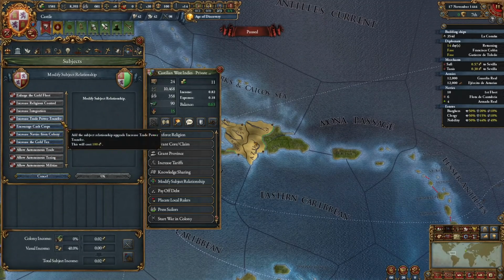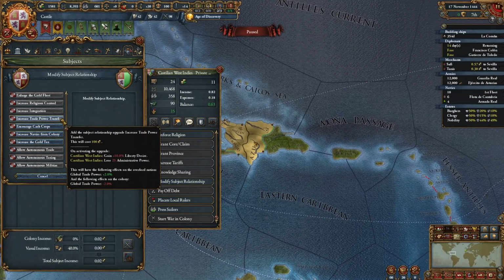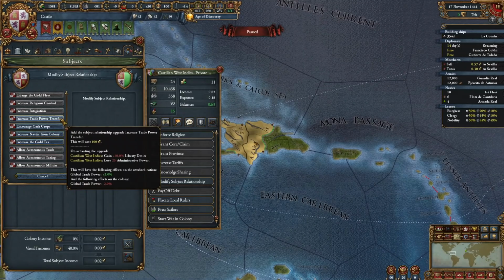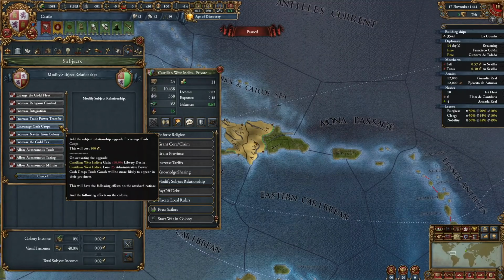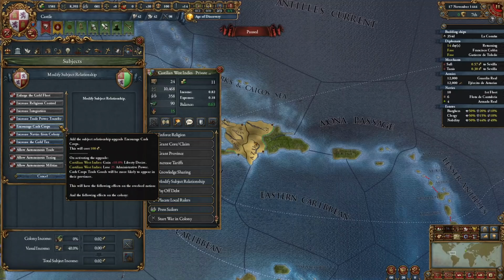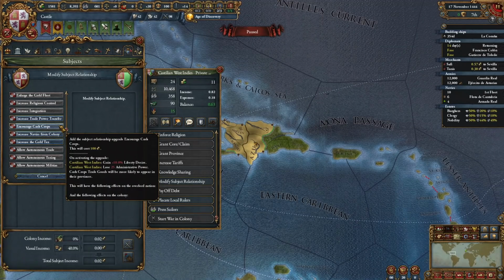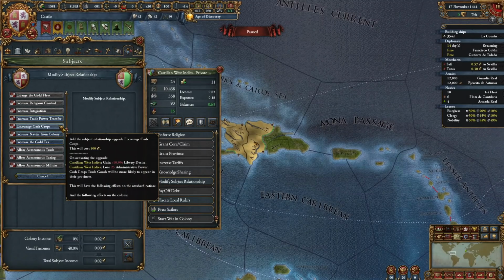So the first one is increase trade power transfer. They get 10 liberty desire, lose 25 admin power, we get plus 2 global trade power, and they get minus 2 global trade power. The second one is encourage cash crops. They gain 10% liberty desire, lose 25 admin power, and cash crop trade goods will be more likely to appear in their provinces. This is basically the probability of very high value trade goods appearing in uncolonized provinces will be